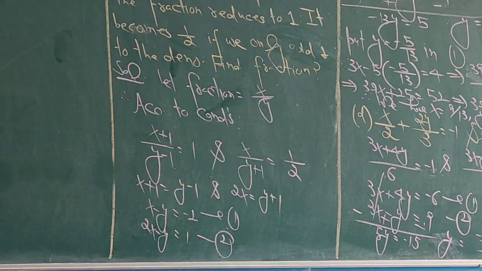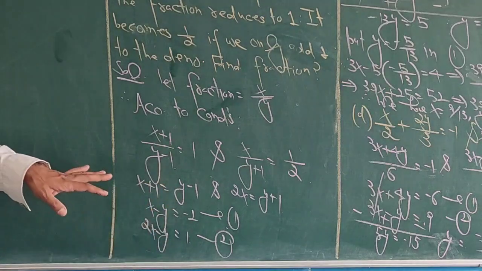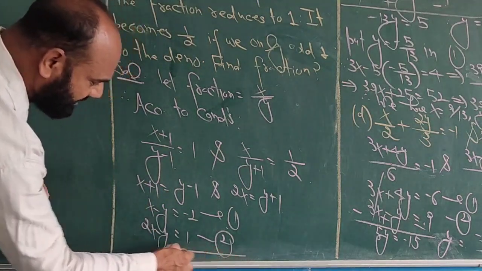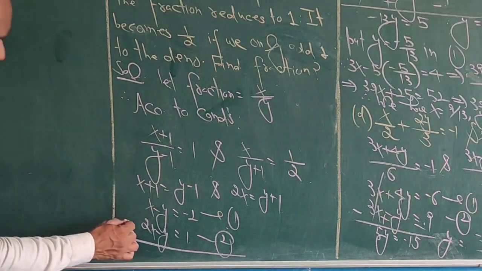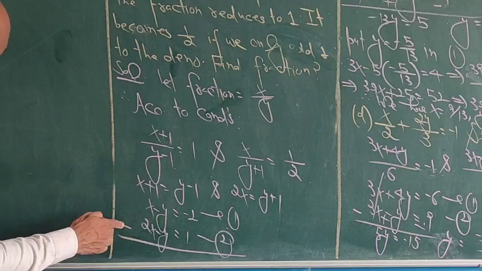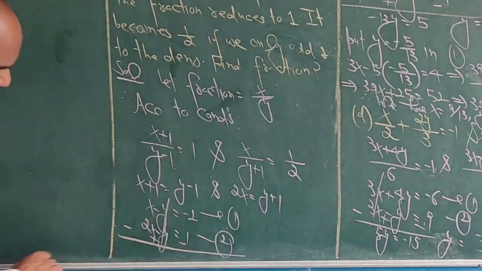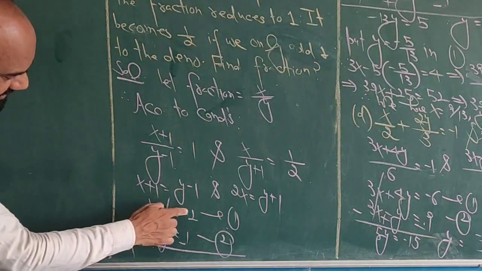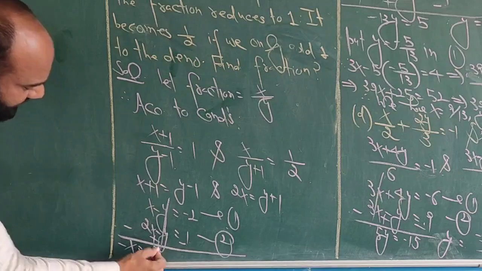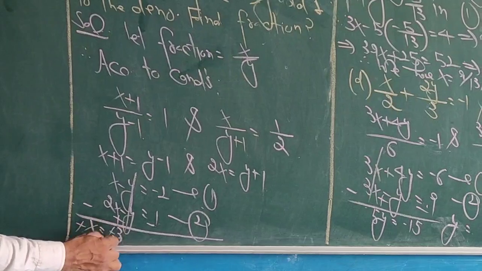In these two equations we see we have no need to multiply either equation, because the terms of y are the same. So we only change the sign of the second equation, because minus y and minus y are of the same sign. This is minus, this is plus, and this is minus. So minus y and plus y cancel, x and minus 2x give minus 1x, minus 2 and minus 1 gives minus 3. When minus and minus cancel, therefore x equal to 3.